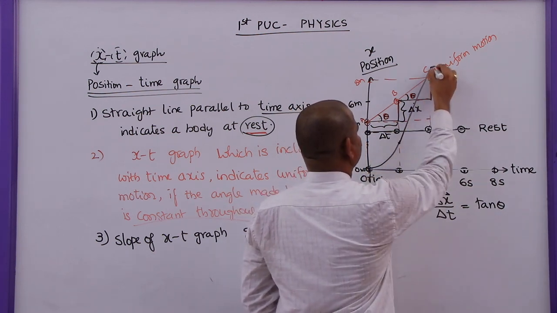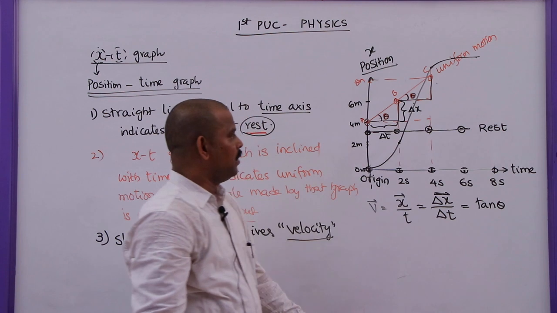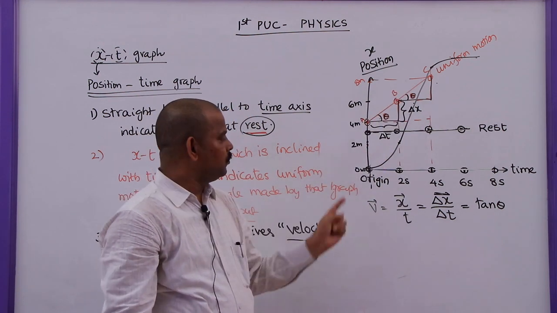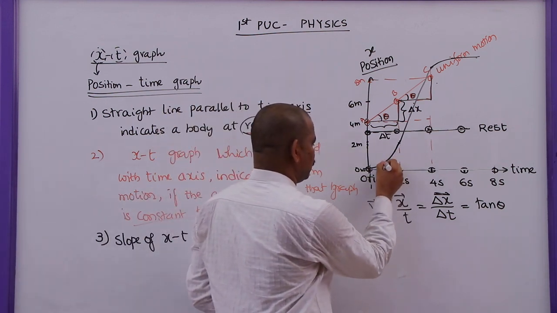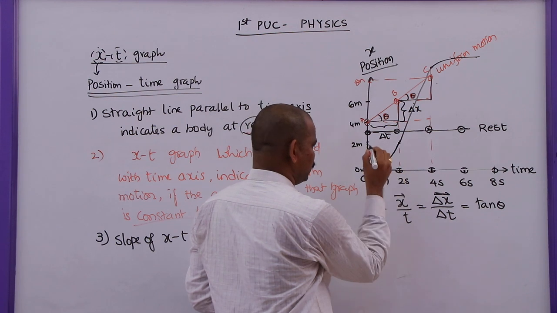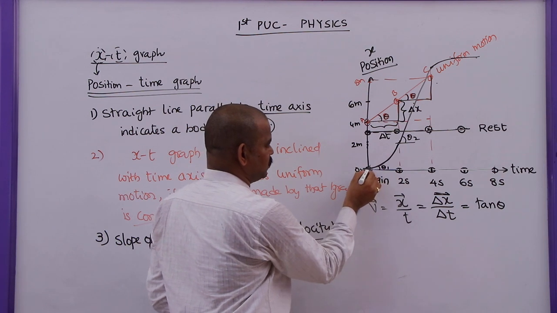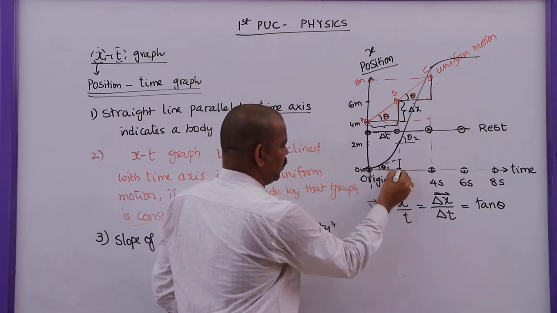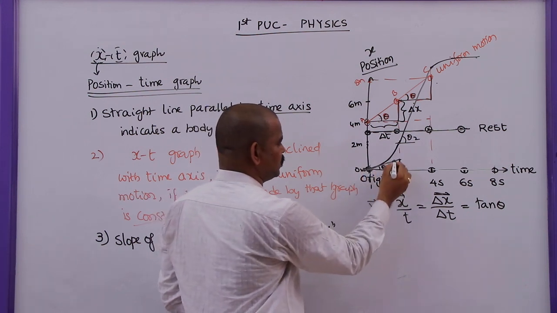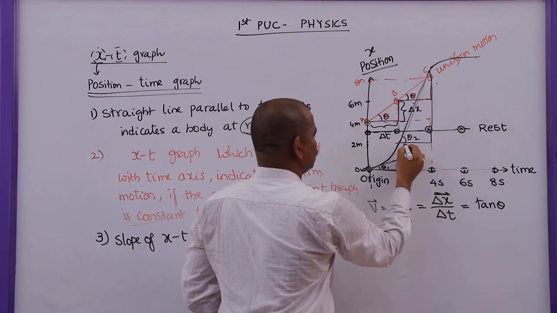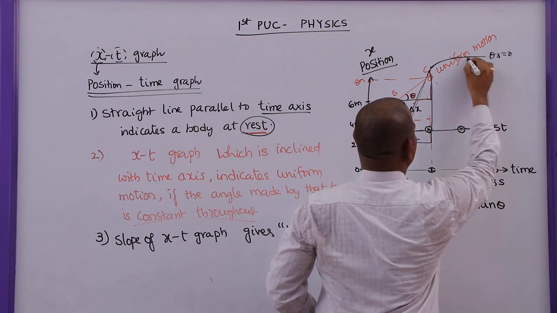So here the graph will be like this. It stopped here, so this is a straight line parallel to the time axis. This is another graph, and if you find the angle here, this is theta 1 where the angle is less. Here the angle is more, that you can see. If you want to find this theta, draw a small triangle here like this. This is the tangent to this curve. Theta 1 is very small and theta 2 is very large. So this is theta 2. After reaching this point, theta 3 is equal to 0.